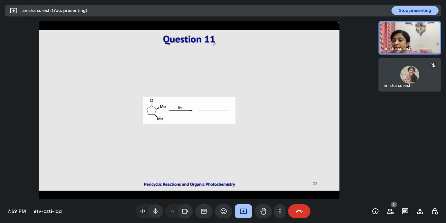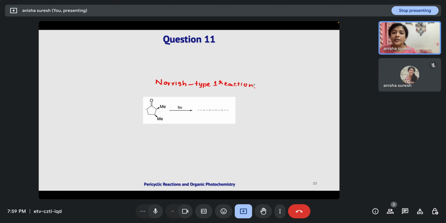So what sort of name reaction is this? So this is an example of Norrish type 1